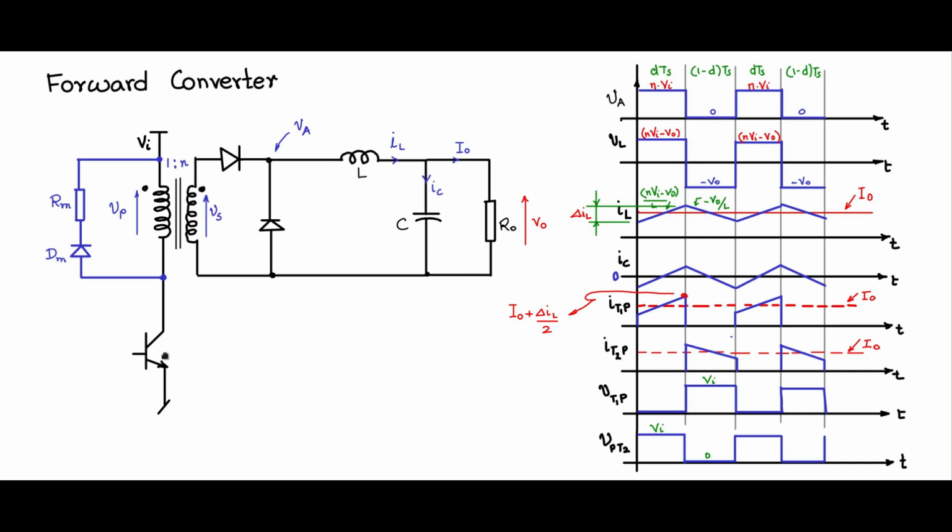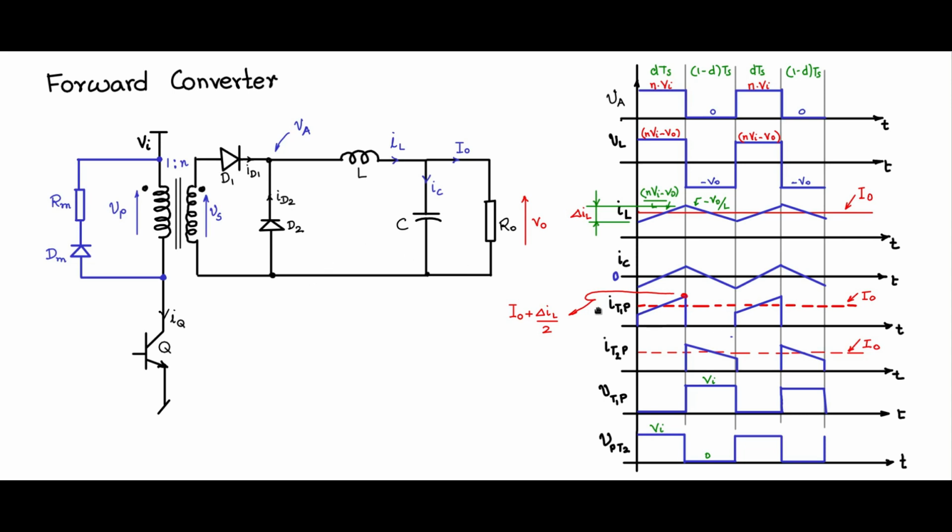Now let us mark some symbols here. Q for this BJT, and the current that flows through Q is IQ. And let me mark this as D1 diode. This is D2. This is ID1 and this is ID2. So these are the currents that I have marked. So now let us look at some of these waveforms.